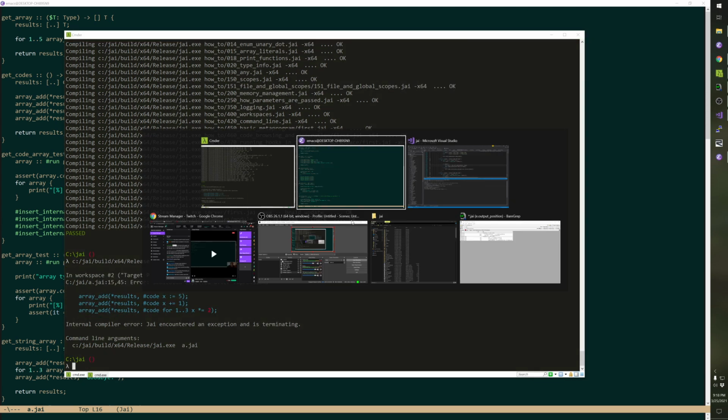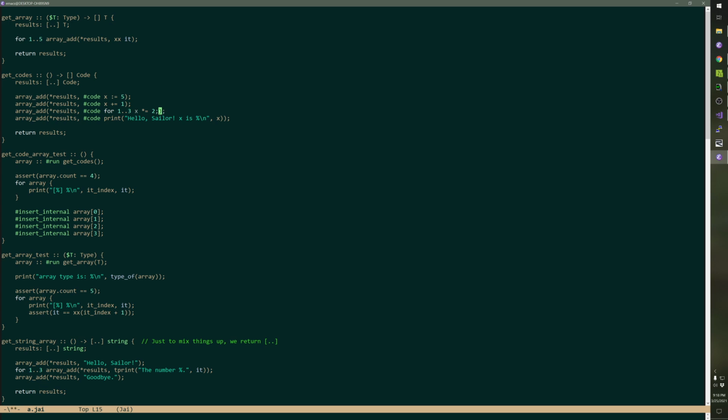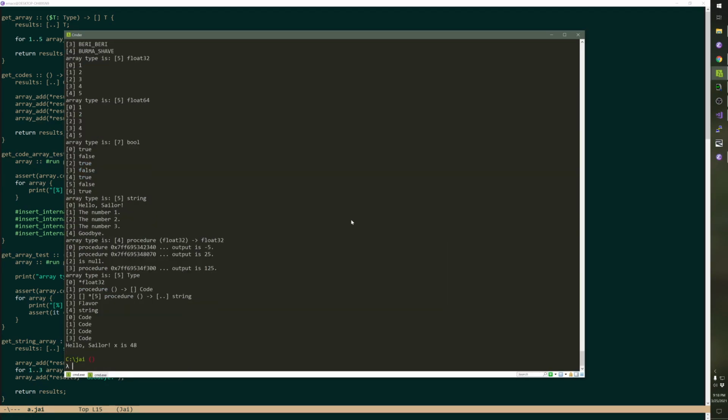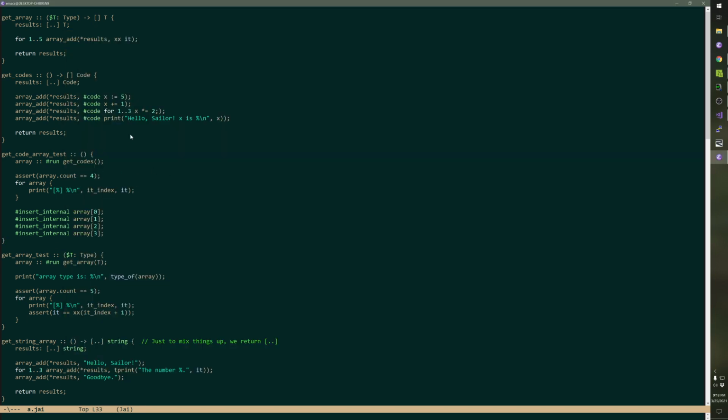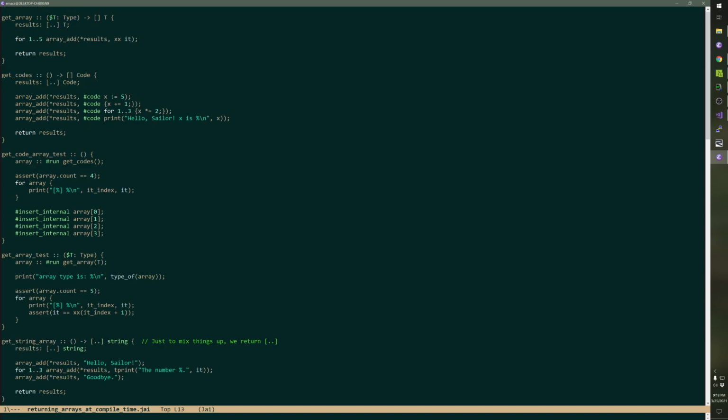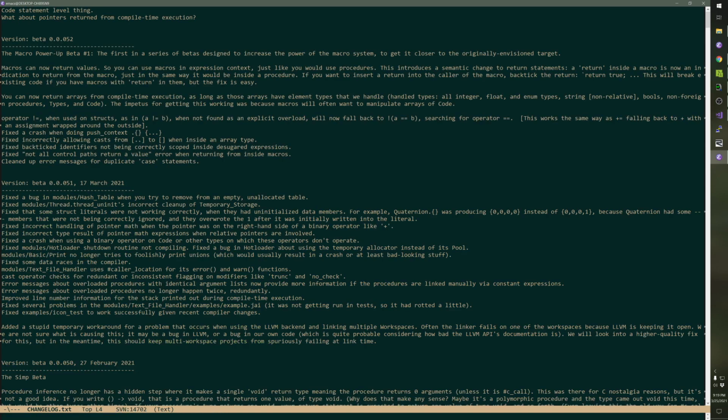Semicolon, oh. That's a sort of different issue that we could clean up later. Great. So still 48. This works. Let's go to the test. Go to the change log.